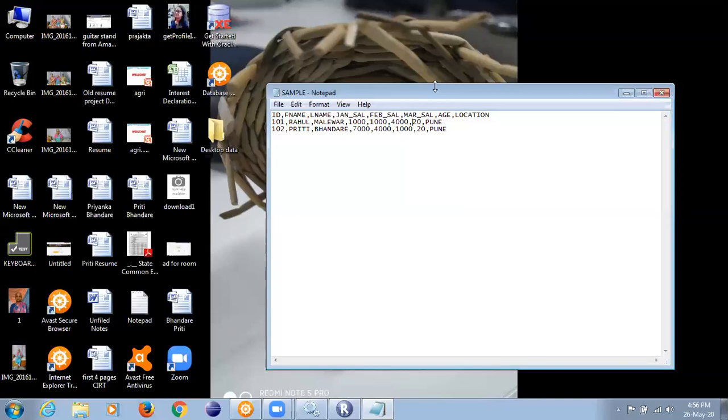Where is my data present? In the file. Where is the file? On the desktop, outside Informatica. So you will have to tell Informatica where the file is. The file is on the desktop. You will also have to tell where the target location is. If you do not tell the target location, where is the target location? Default location. Very good. If you do not tell the source location, where is the source location?